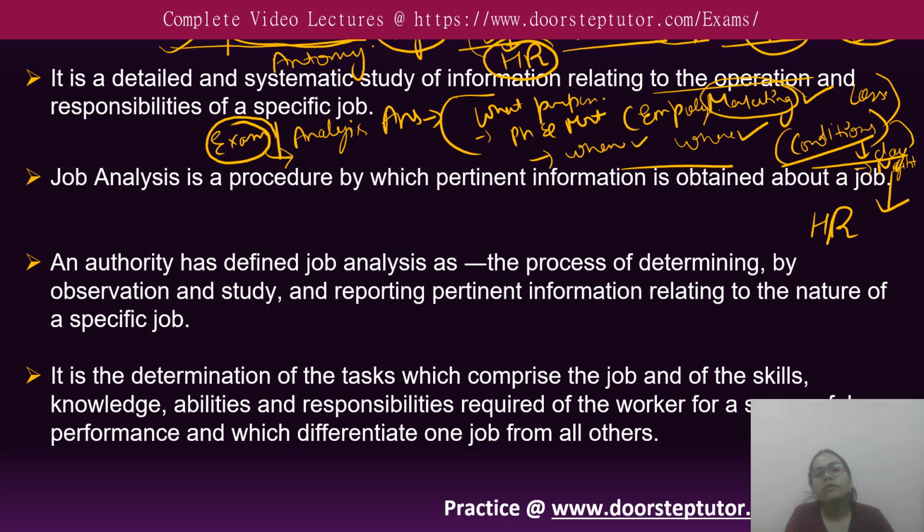So here we have to learn three words. TDR means the tasks of your job, the duties related to your job, and the responsibilities related to your job. So when we find out the tasks and duties and responsibilities